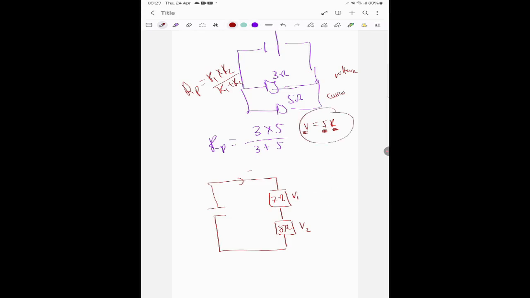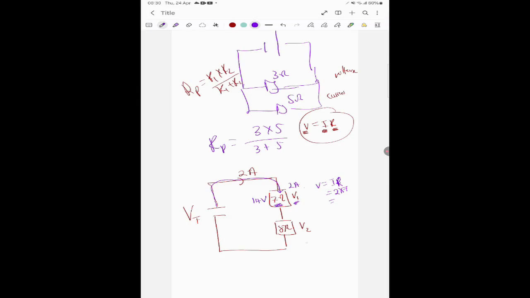All right. So you've got a current flowing there of 2 amps. Let's come to this example. You're required to work out V1, and then also V total from the parent. How do I get V1? I know the resistance and I know the current. Since there's no split in the junction, 2 amps are flowing here, right? So V is equal to IR, I being the current 2, R being the resistance of 7, that gives me 14